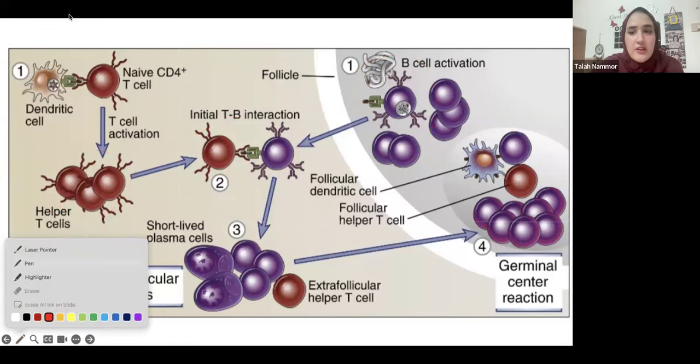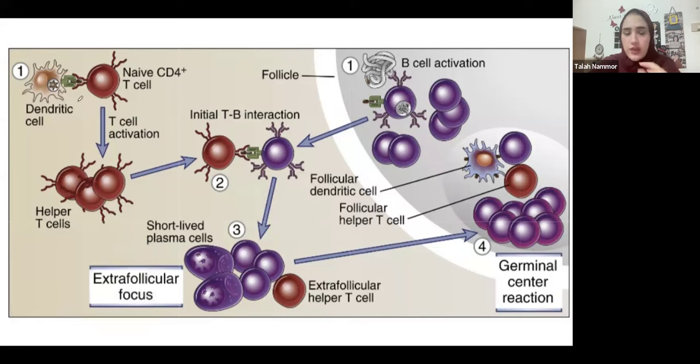So I'll do a very fast recap, all right? So what happens? We have an antigen. This antigen is going to activate both T cell and B cell. Once the T cell is activated, it's going to change into a T helper cell, specifically a T follicular helper cell. And why T follicular? Because we want to help the B cells that are usually located in the